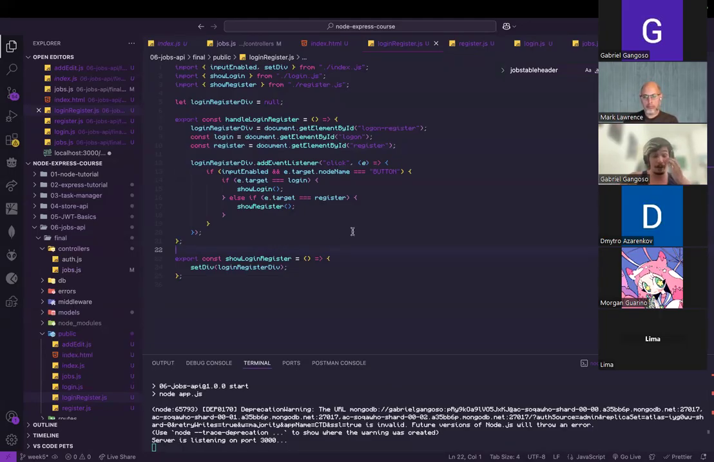So obviously a very common one is clicking. You click on things very often on a web page. And so we're adding the click event listener. We're saying, hey, when you click on the login register div, I want some stuff to happen. First off, if our input is enabled, and at the same time the e.target.nodeName is button. So the e here is short for event. If the target of this click event is a button,